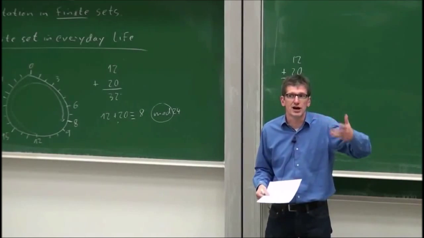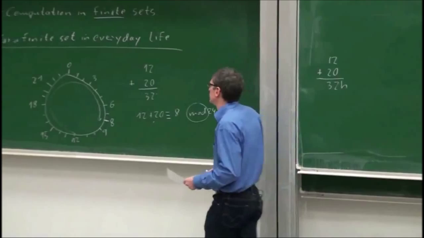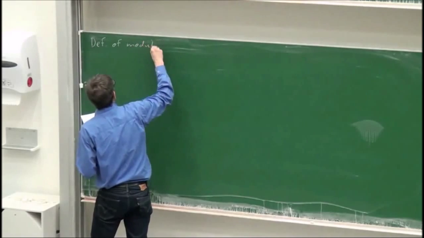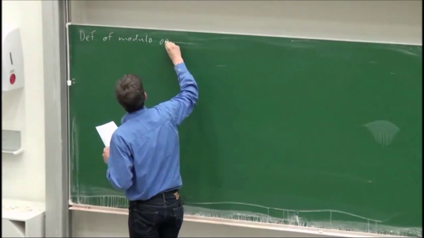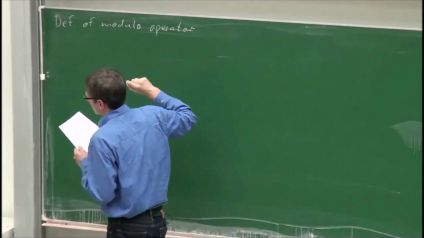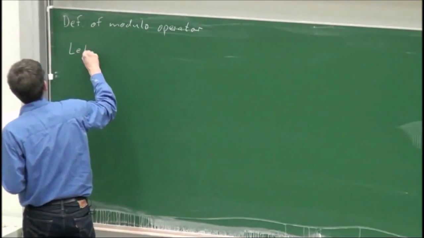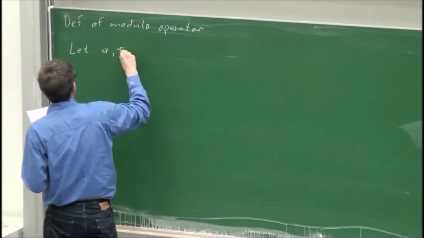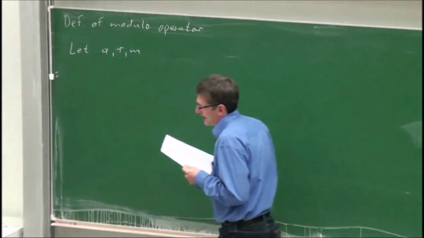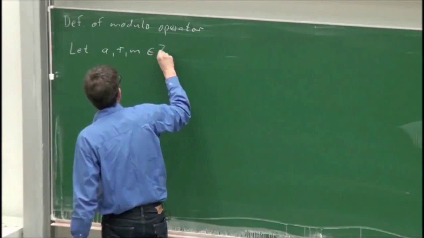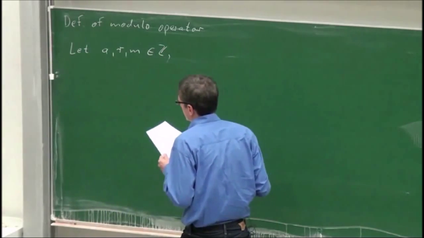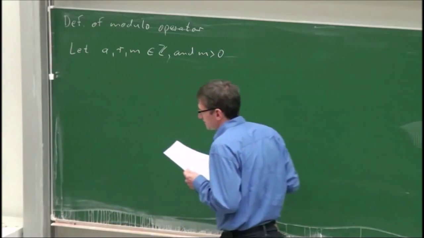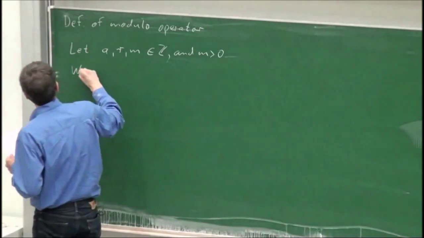And what I'm going to tell you now, I give you a more formal definition of this modulo operator. So let the three integers a, r, and m, a, r und m, be element of Z, natürliche ganze Zahlen, and m is positive. And then we write